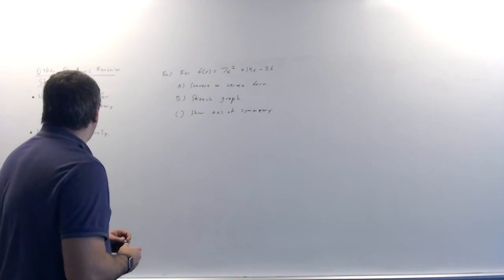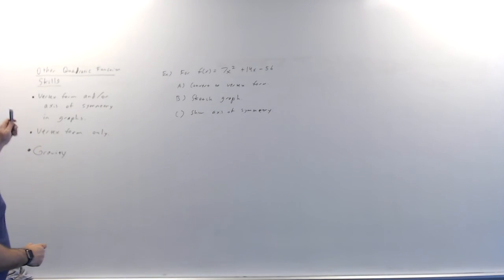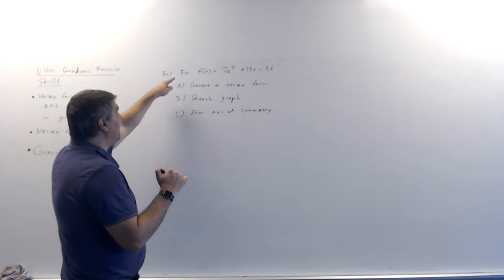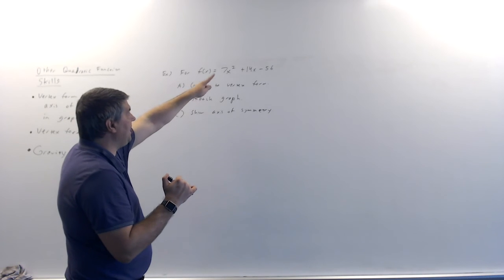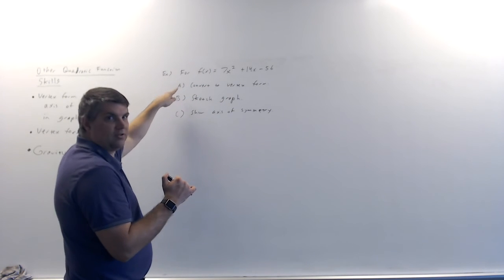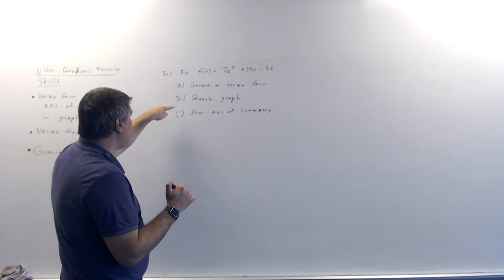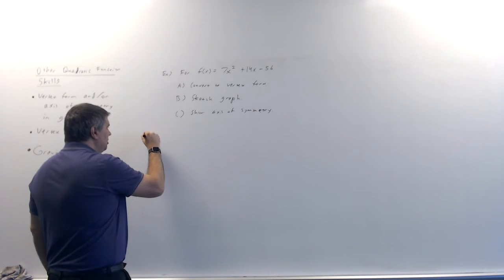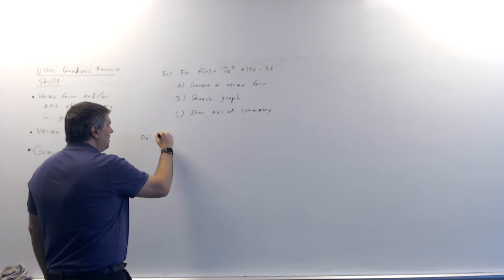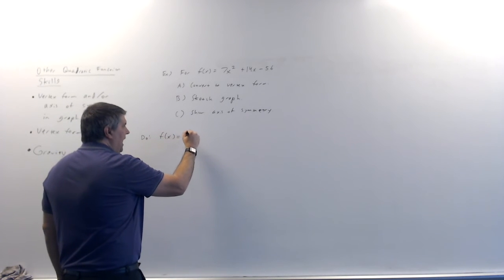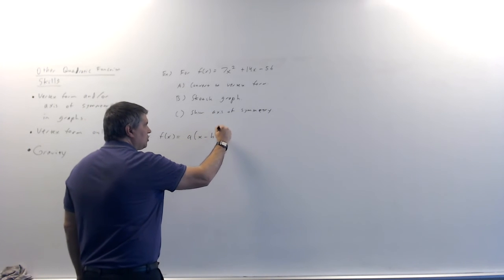Okay. Other quadratic skills include converting these equations into vertex form, and showing the axis of symmetry in graphs. And then after that, I'm going to concentrate on vertex form only, and then I'm going to do some gravity problems. So here we go. For f(x) equals 7x squared plus 14x minus 56: A, convert to vertex form. B, sketch the graph. C, show the axis of symmetry. Vertex form is f(x) equals a times (x minus h) squared plus k